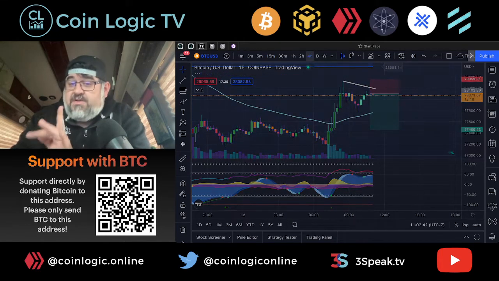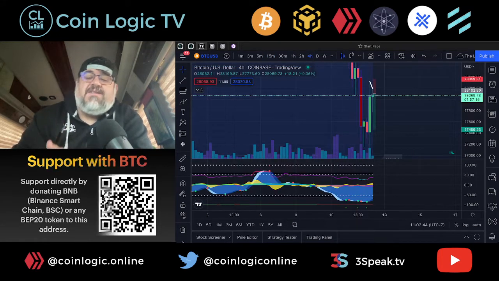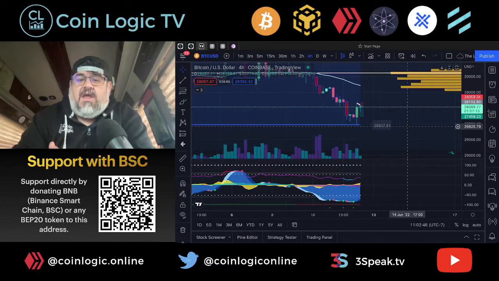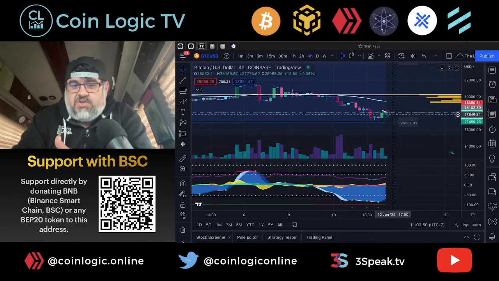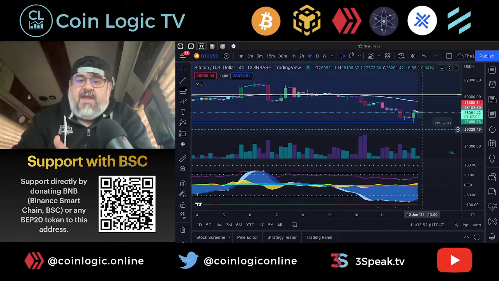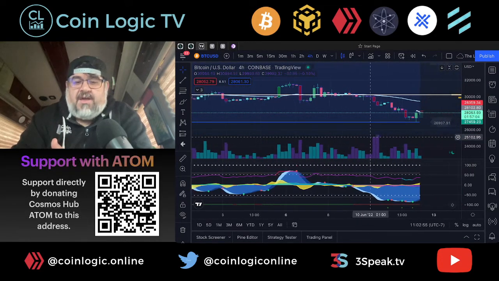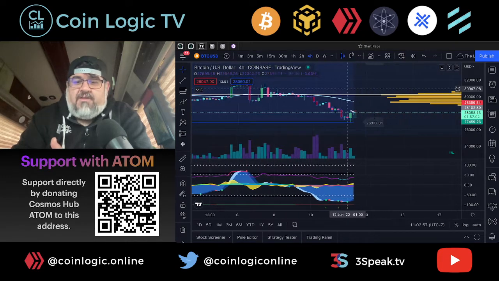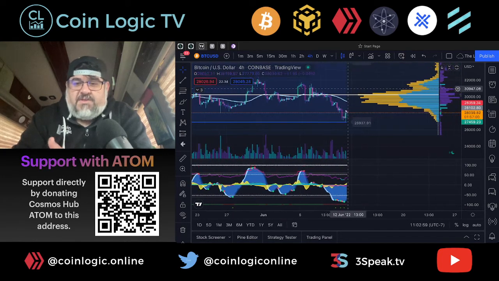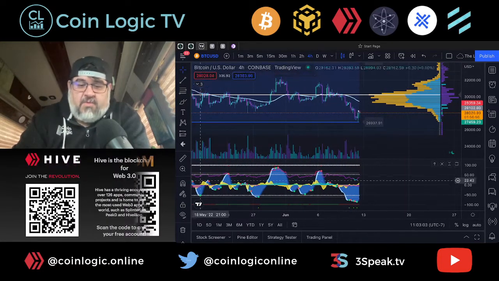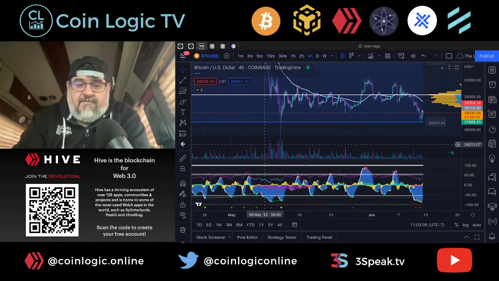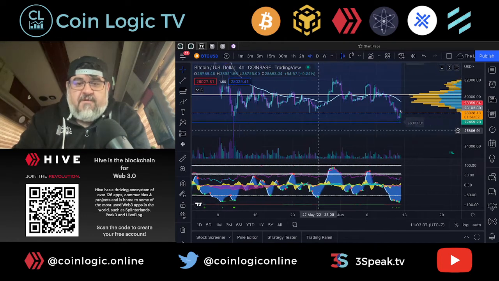What I do want to look at on the higher time frames real quick is more of a midterm situation. So this is going to be a short-term pullback that I'm looking at playing here, because I'm looking at the volume profile, and let's zoom out a little bit. This is the 4-hour time frame, all right? So I get a much wider view of